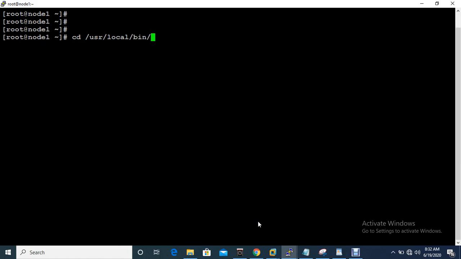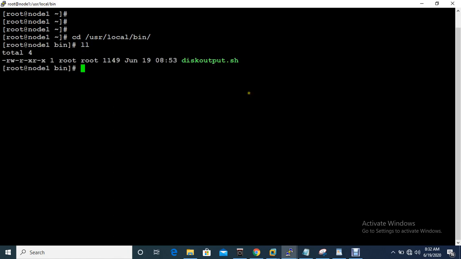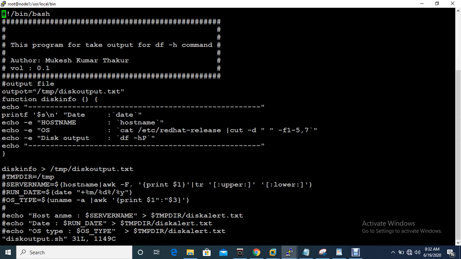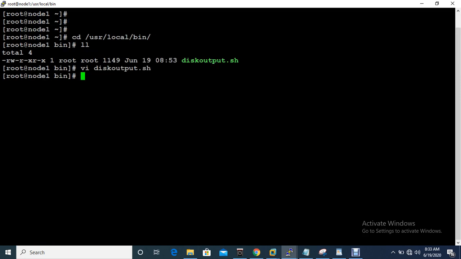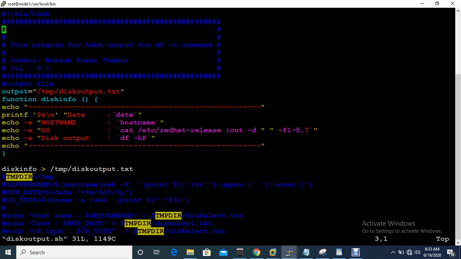This is my program, and basically this program is taking a few pieces of information. It takes the date, host name, and OS, and then the disk output like df -h.